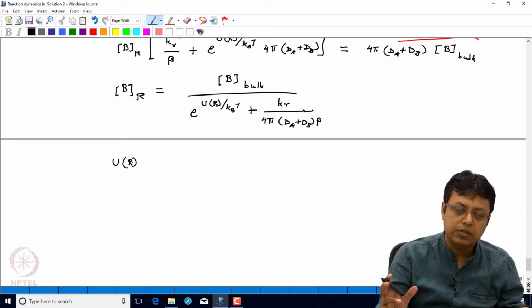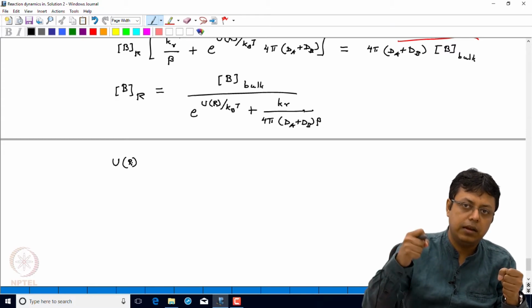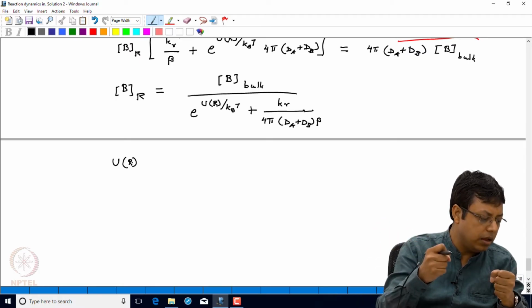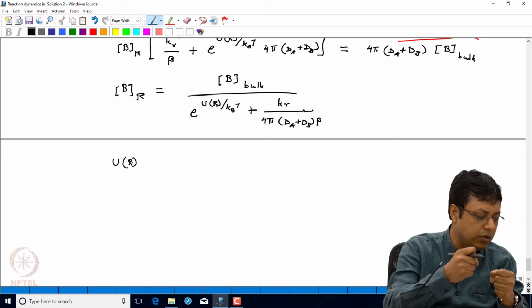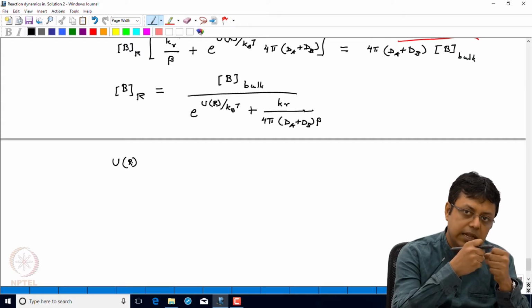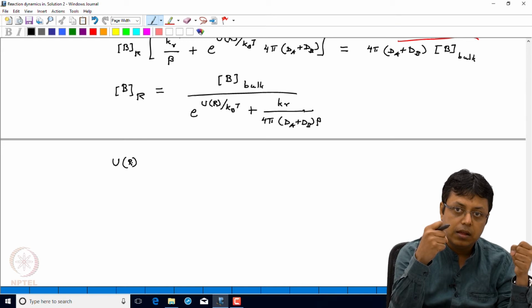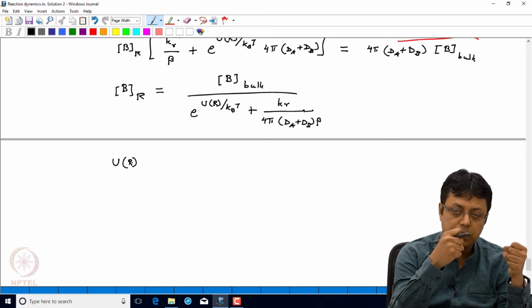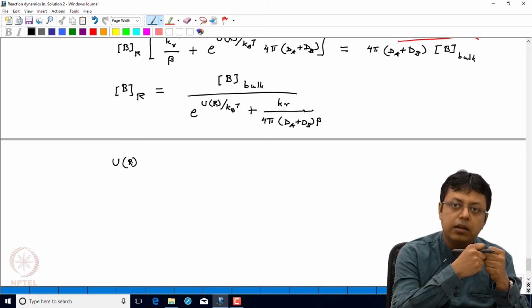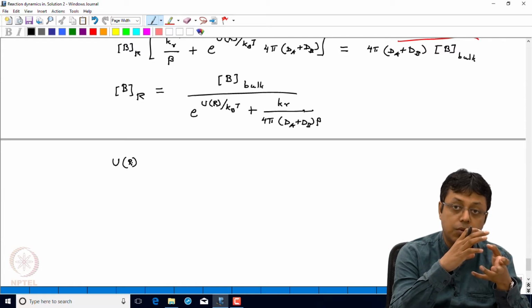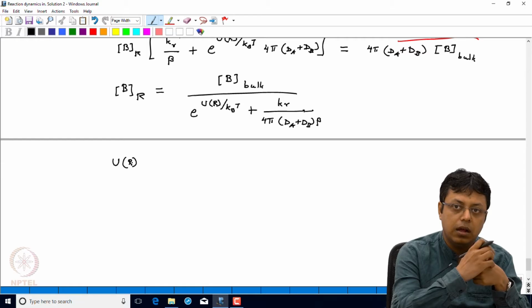The reason is, at infinity it is 0. Now if we assume that the two ions are in contact, then when they are far apart there is a potential acting on them, so there is a huge potential energy between them, but when they are in contact, they are kind of in an equilibrium position. So then that value will be very small, and usually we can ignore that value,